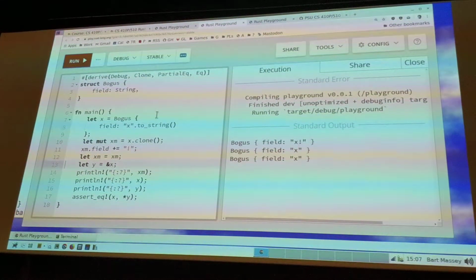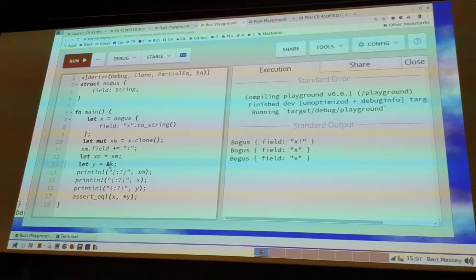Almost all the automatic conversions you would think happen. So can I take a mutable reference to an immutable reference to a mutable variable? I absolutely can. I don't have to say ampersand mute because the variable's mutable. I can say ampersand. The compiler's like, okay, you've now got an immutable reference to a mutable variable. Congratulations.